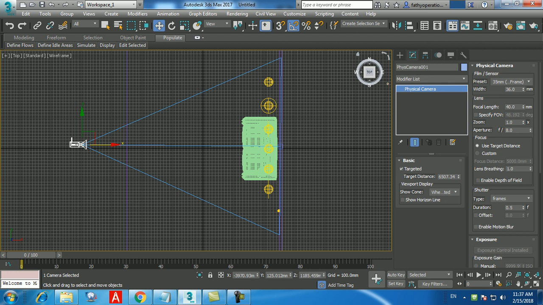Physical camera, not target. Select the camera and go to the modify. Done? Okay. Now once you're done,